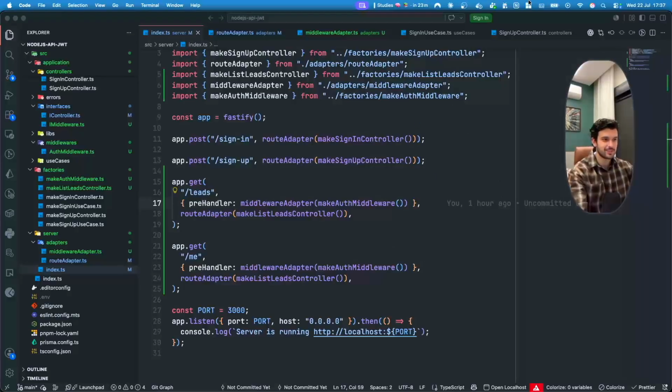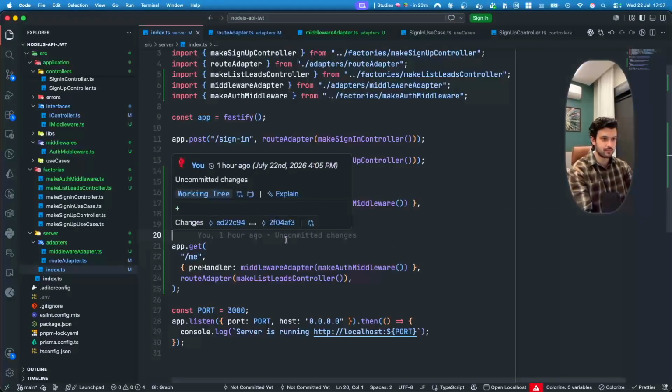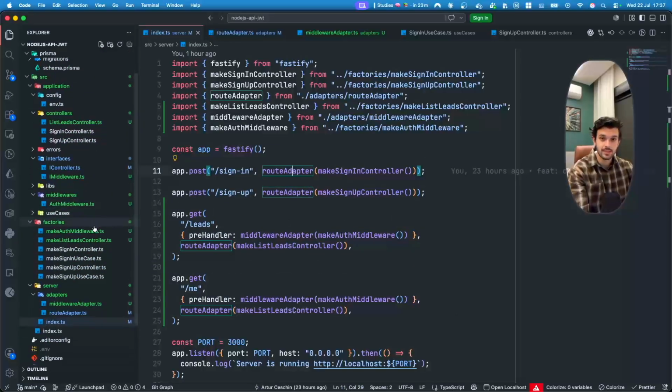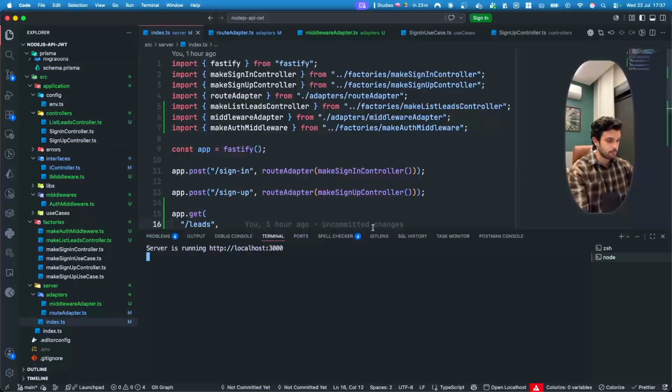Okay, so now let's move to the last part of our video, and the goal for this part is really to refactor this and make this even better. We are not going to use the JSON Web Token library anymore. We're going to keep using Fastify, now with Fastify plugins, and we're going to be using dependency injection in order to make this all work together. Okay, so the first thing that I'm going to do is move back here, and I'm going to